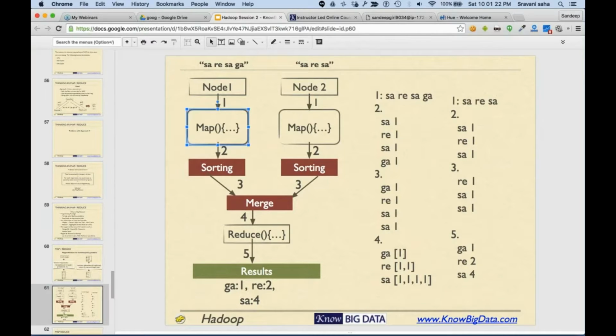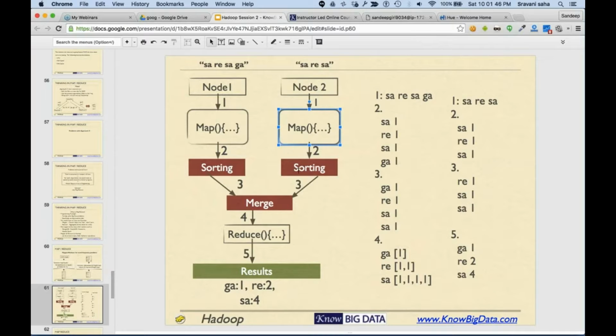In those cases, two machines will be running the map function, and this map function will be executed for every line. Let's say here there are 100 lines and there are 500 lines here. So 100 times it will be executed on node 1 and 500 times it will be executed on node 2. And node 1 and node 2